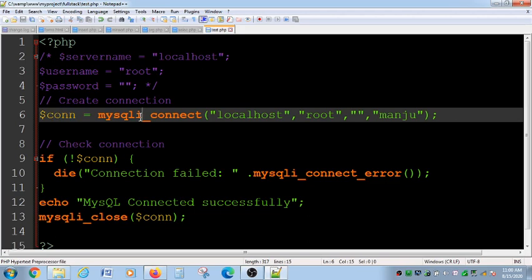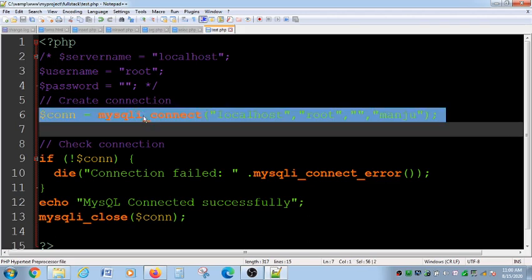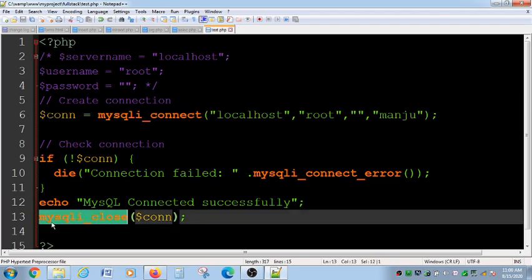So here you have given a command called mysqli_connect. This means that the PHP session will open the connection, means it will log in, but virtually it will not be logged out until and unless you give this particular statement.